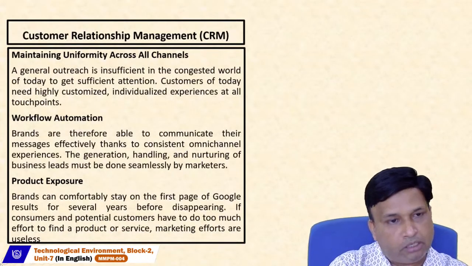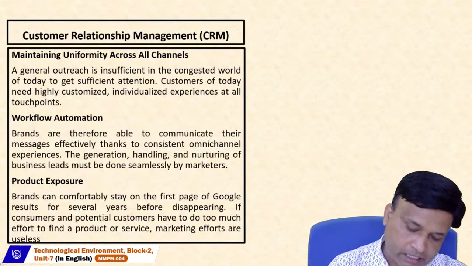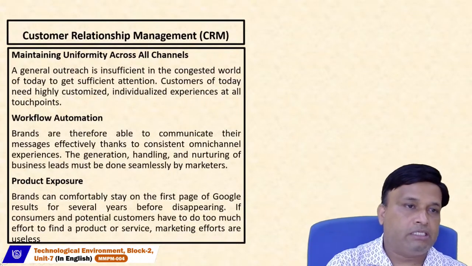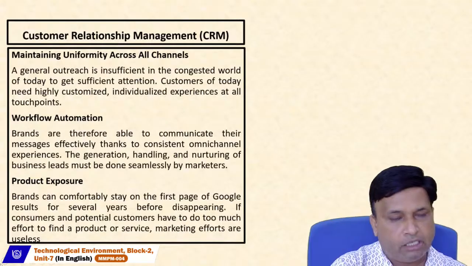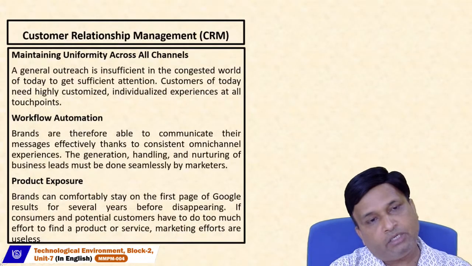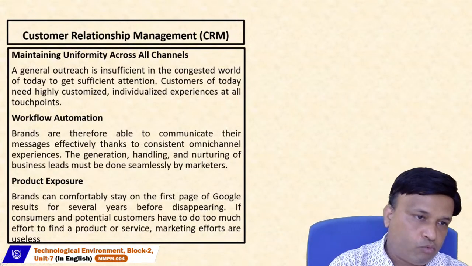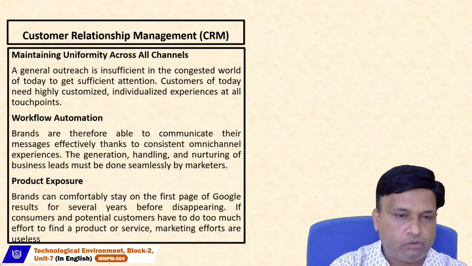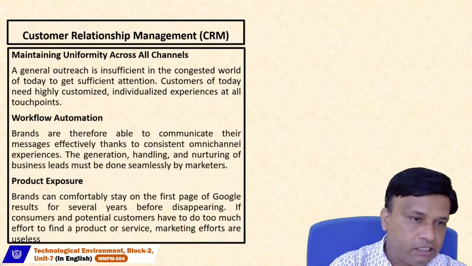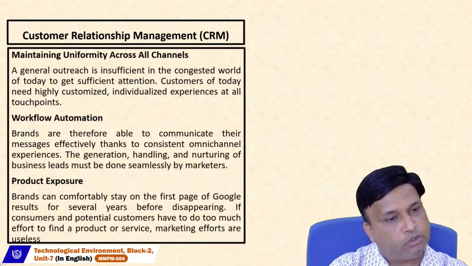How was that possible? Because they got the data about the customers and were able to analyze it, and they came to the conclusion that anything offered to the Indian market, if it is multi-purpose, the customer is looking for that product. So maintaining uniformity across all channels is possible through the CRM. Workflow automations, now AI is included in all your work. What is next can be possible through AI.